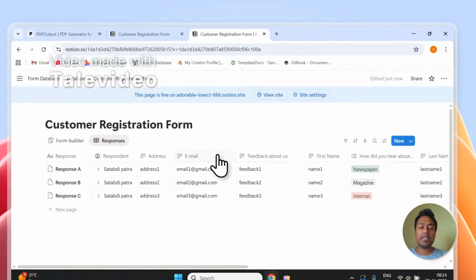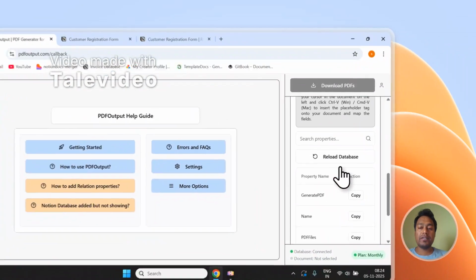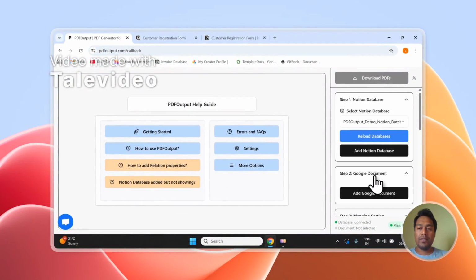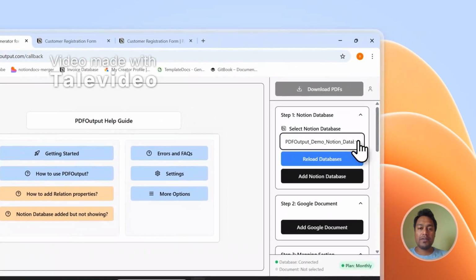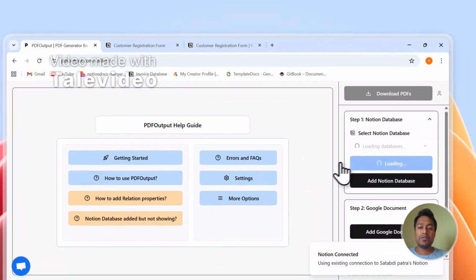Otherwise, the relational properties and the roller properties will not appear, and you will not be able to see that coming up in the mapping section below. So currently, let's select that particular form. If it is not visible over here, simply refresh it once, and you will be able to see that form